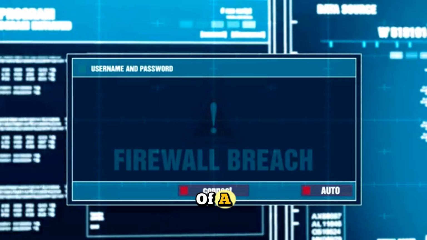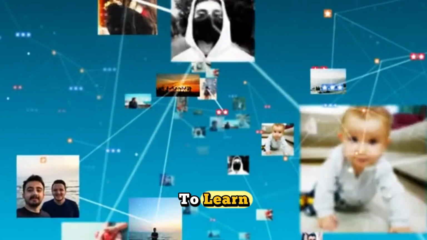So the first example of a firewall is Packet Tracer itself,